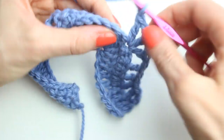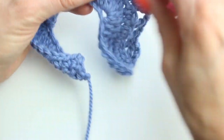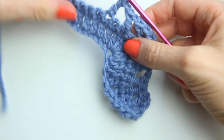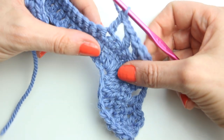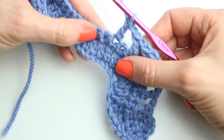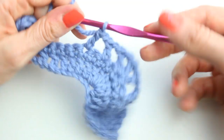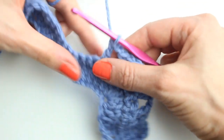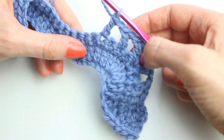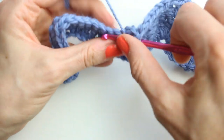Chain 1 and miss a stitch. Chain 1 and miss a stitch. In the trough bit, it's lots of skipping stitches and trebles in between. But unlike here where we've got some chains in between, for the next few trebles there are no chains in between because you want it all to bunch together. So skip 1 stitch and then do a treble and repeat that,